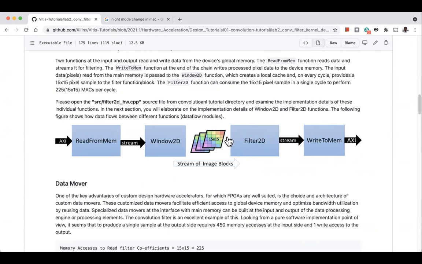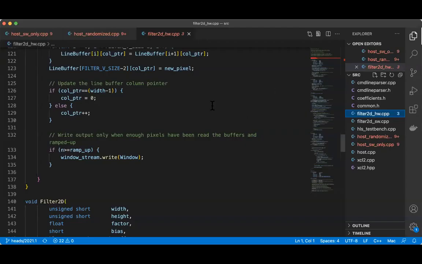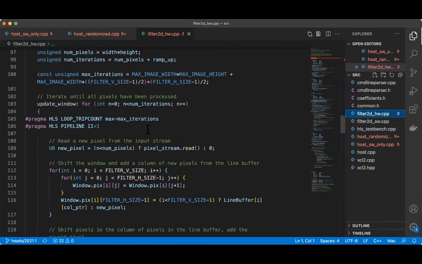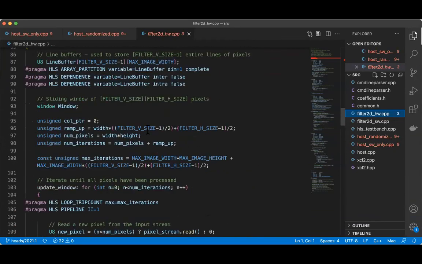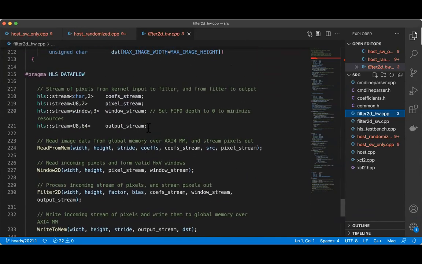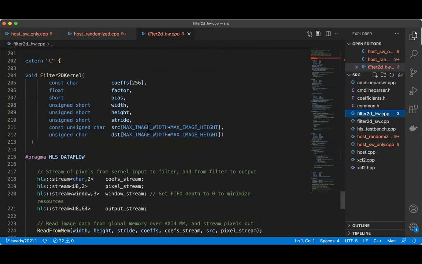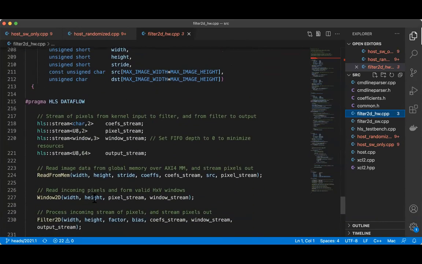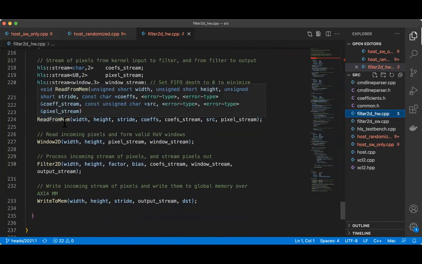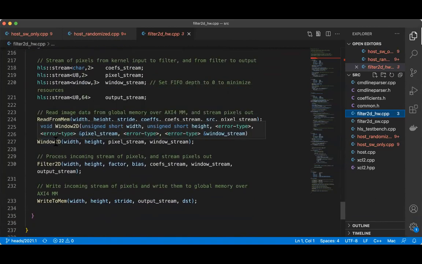Let's see now the code. If you see, this is filter 2D. Let's keep going. Your filter 2D kernel code consists of 4 modules. Read from memory reads data from the DDR memory and puts it in the pixel stream.